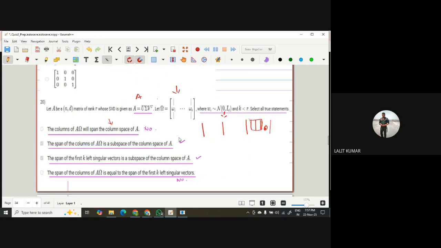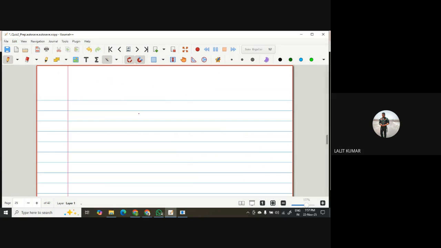Okay, so you are trying to say, for example, A is equal to m into D, and now we have got omega, which is D into D, and it has got all, for example, omega ij belongs to N(0,1). Is that okay? Yes, sir. Then it will have your full column space, it will have the entire space of A.